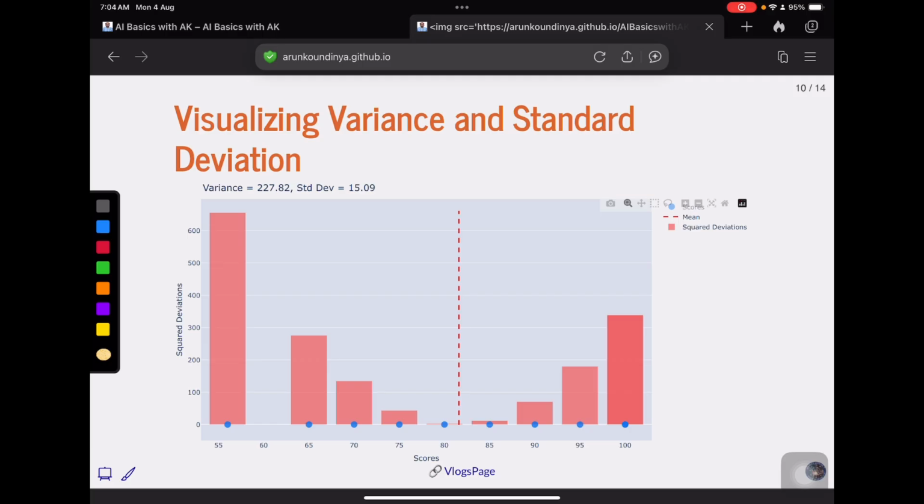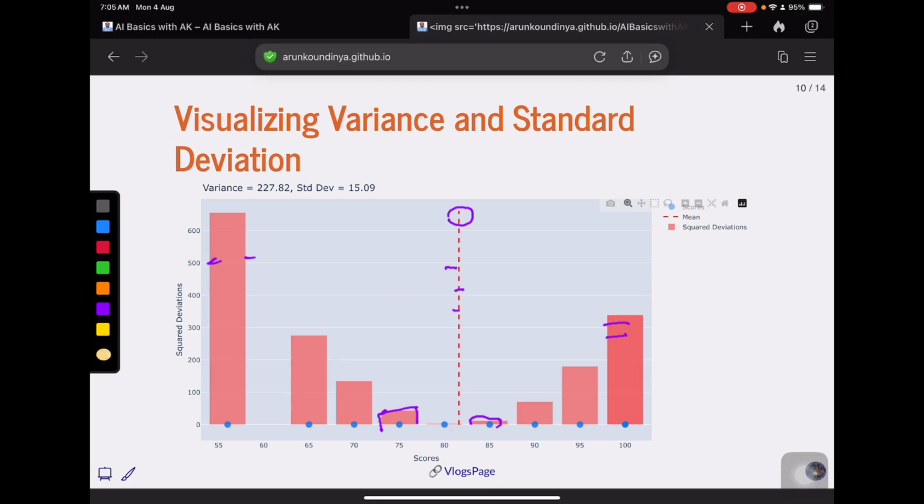Now this is our mean, which we have seen in our previous slides, which is averaging all your exam scores. Now a value that is closer to the mean, you can see by these red bars here, has lesser variance. The values which are farther from the mean have larger variance. This concept is called variance. What it tells is that when the values are nearer to the mean, the data set is more balanced and tight.